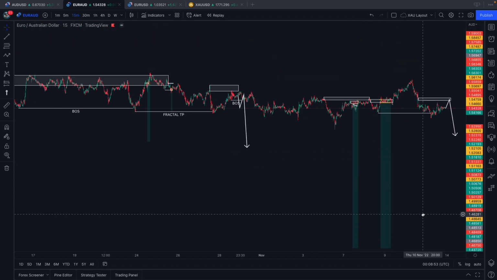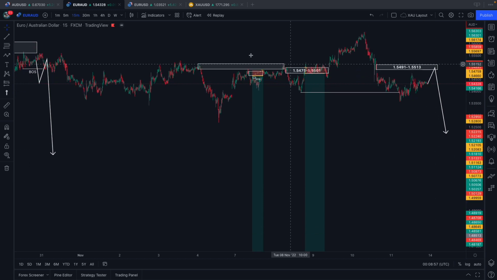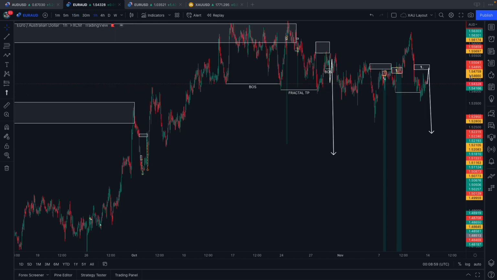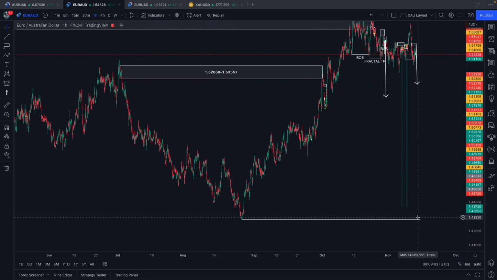Well, my take profit would be a higher time frame take profit target. So if I just go down to the 1 hour time frame, you'll see that actually I want price to trade all the way down to this point, coming at the last structural low that was created on the higher time frame. So this is on the 1 hour time frame. Okay, so we want price to trade us all the way down.